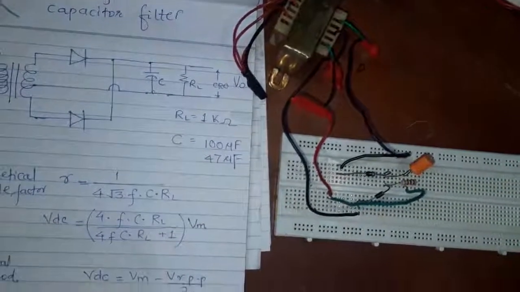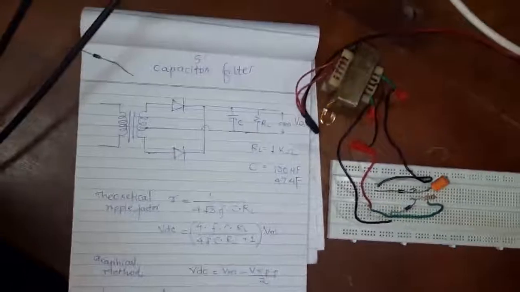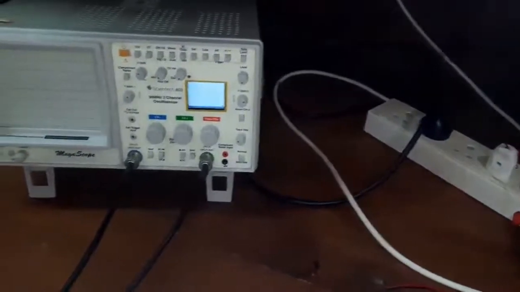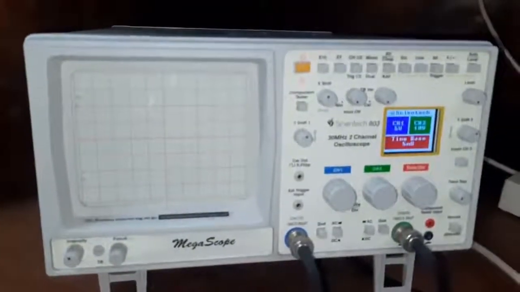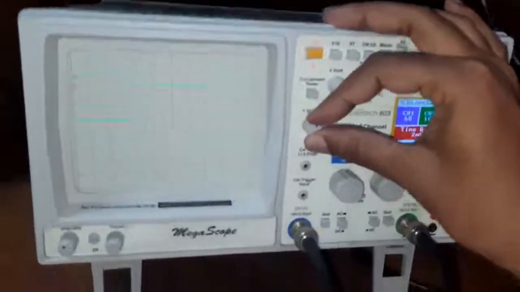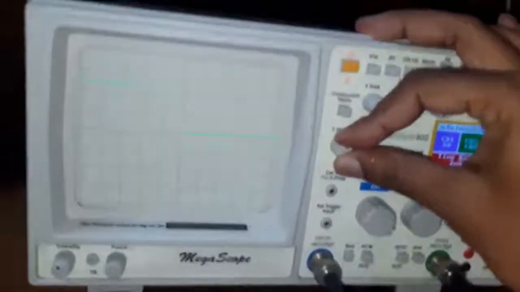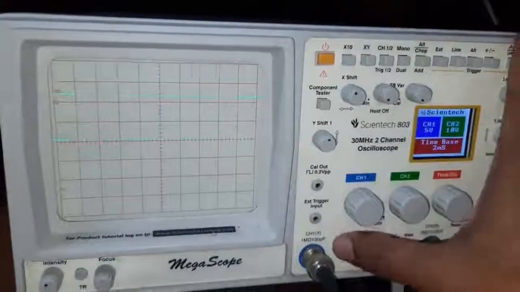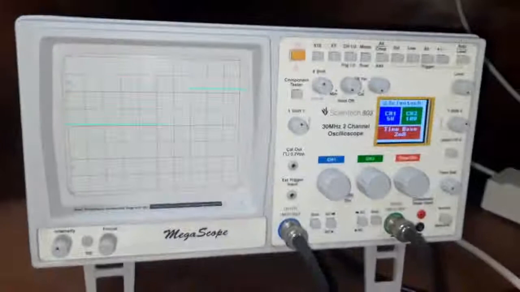So this is how you have to connect. Then we will turn on the power supply. We have the CRO, so first you ground it.